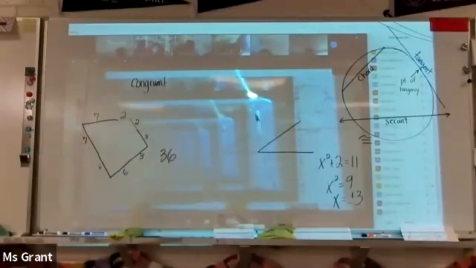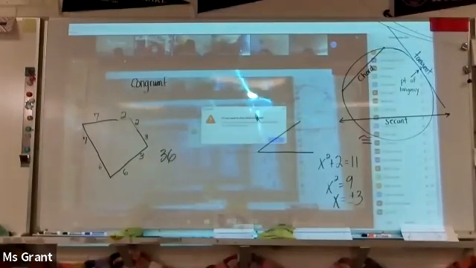Miss Graham, why do you add the positive or negative? Because in this instance, it says x squared plus 2. So the x squared plus 2